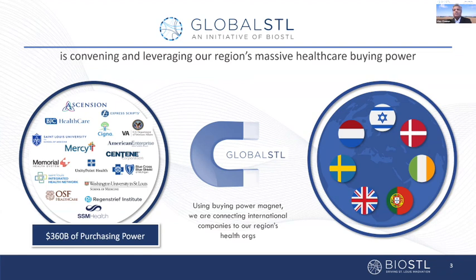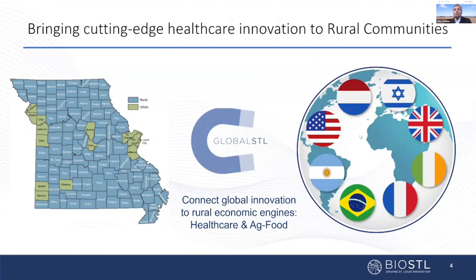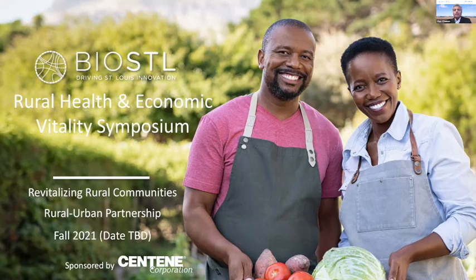And we asked ourselves, how can we now take this toolbox of innovation and bring it to our rural communities? And so this is what we are doing with our project in rural healthcare. We want to connect global innovation to the rural economic engines of healthcare, agriculture, and food, because those are often what drives rural economies. And so one of the things we are planning to do is a symposium on rural